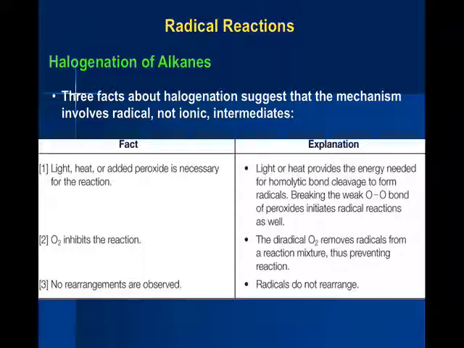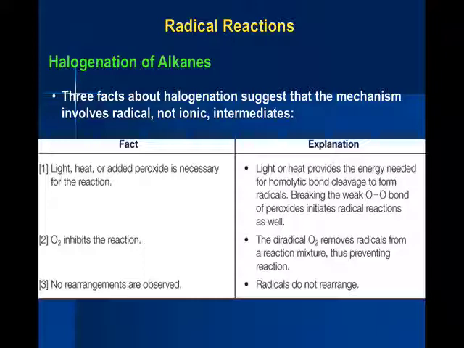There are some facts that you need to know about these types of reactions. Let's look at the facts and what the explanation is here. Light, heat, or added peroxide is necessary for these reactions to occur. So you need light, which can initiate free radical reactions. You need heat, and by heat, I don't mean 20 degrees. Hundreds of degrees, usually. Okay? Lots of heat. Or peroxide. Peroxides have those weak bonds, and they can generate radicals pretty easily. Okay? So,